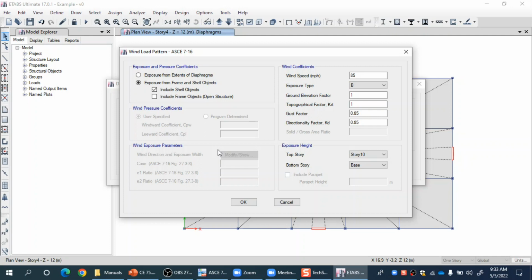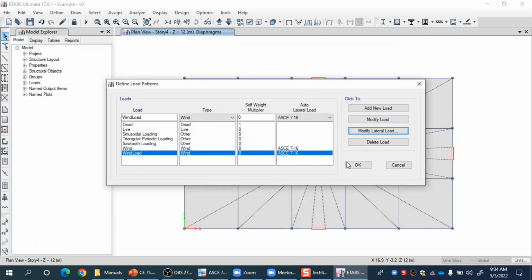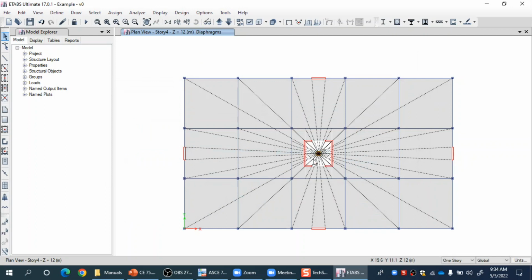So all of the inputs required here about the wind direction and the pressure coefficients are not required if you go for the second option, because in that case you will be giving your own values to specific shell objects, which can be the cladding objects, right? So if I go for the first option, then all of the options are available, right? So if I click on OK and go for the first option and click on OK again,